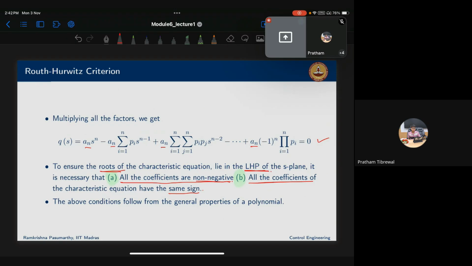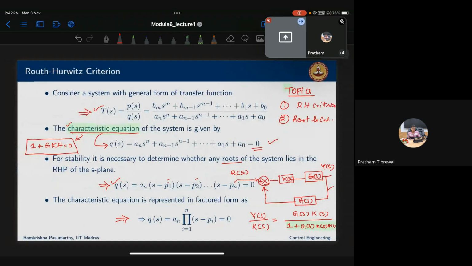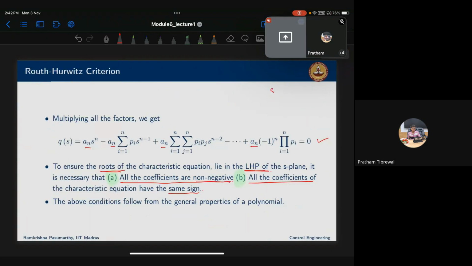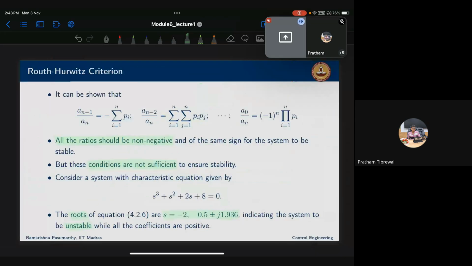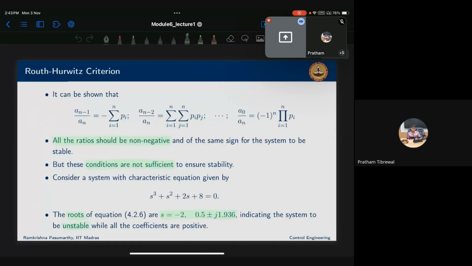To get all these roots p1, p2, etc., pn to have negative values, that means to make the system stable. What is the meaning of stability? All poles should be on the left hand side of the j omega axis. So to get all those poles negative, all these coefficients must be non-negative and of the same sign. That is the first condition, and that is only the